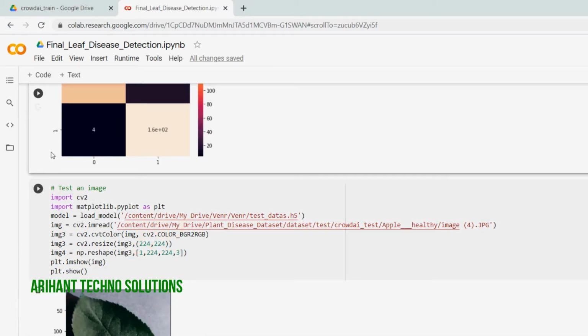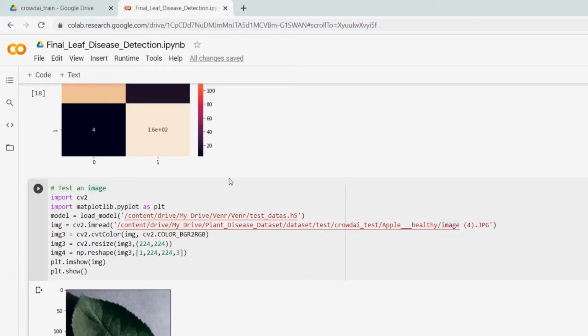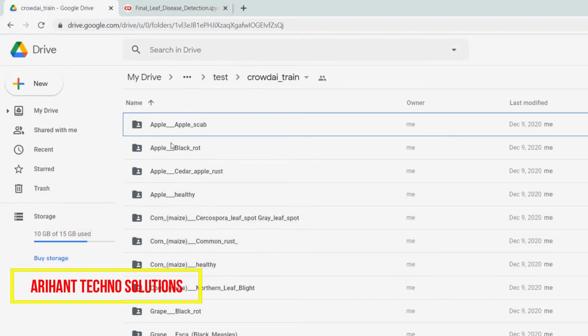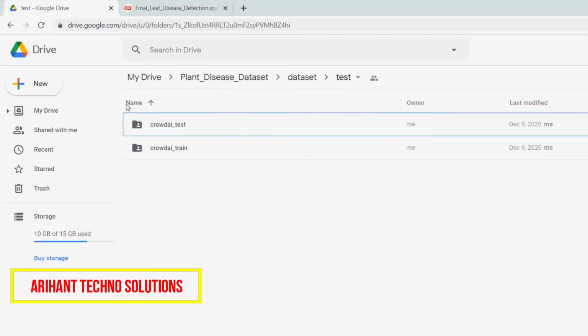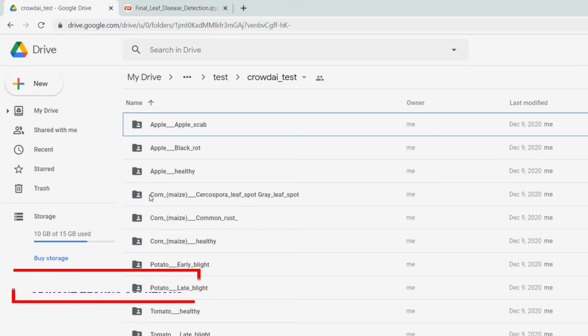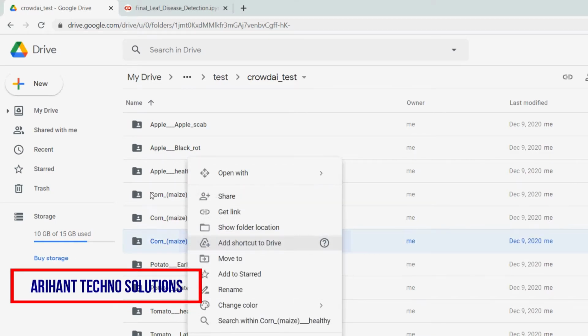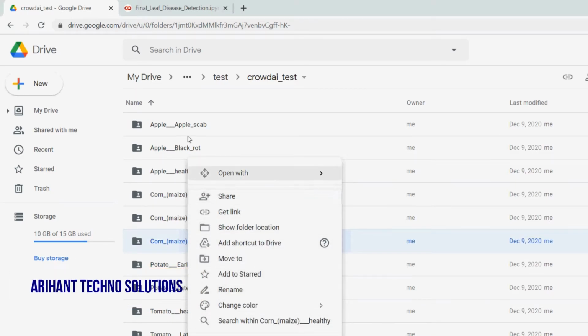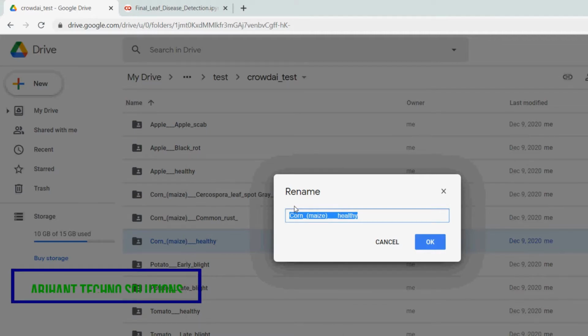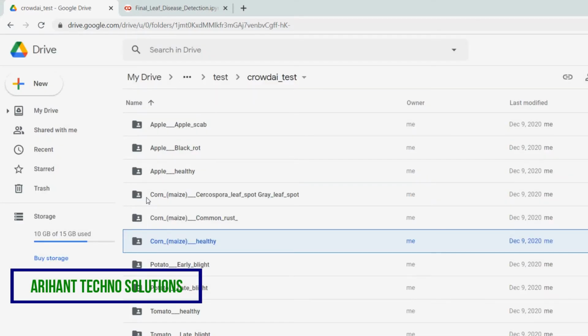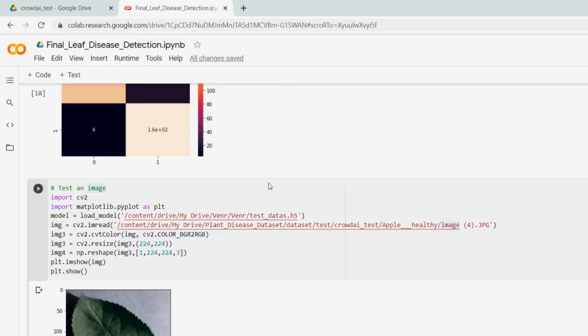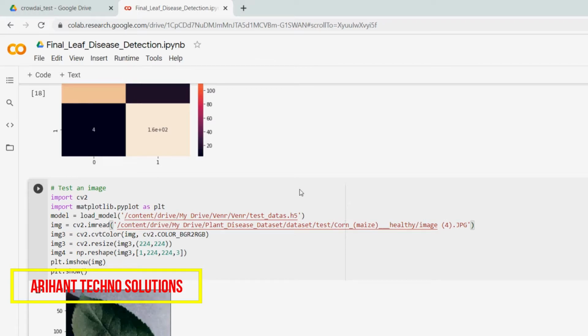Then we need to test our input image. Here you can see, in test, you can give any image according to your convenience. I just select this, copy this path, corn, maize, healthy. I just give a healthy image, so I replace only this particular part, corn, maize, healthy.